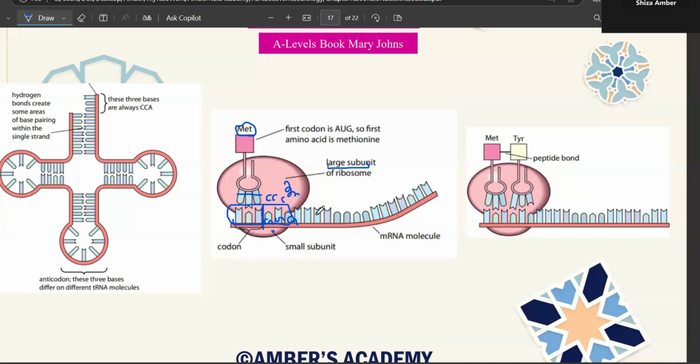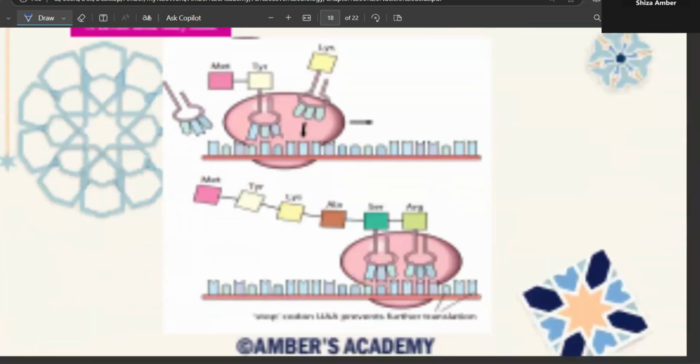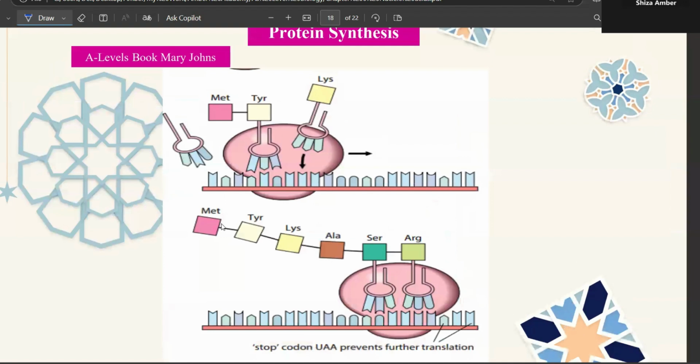ठीक है. फिर जैसे ही अगला part of the mRNA comes in, यानी another three bases comes in, so your first base is going to leave. I'm not sure if I have the picture. Yeah, देखो इसी तरीके से your polypeptide chain, it's going to come, it's going to attach, and then it's going to leave. ठीक है, because at a time only six bases are exposed.